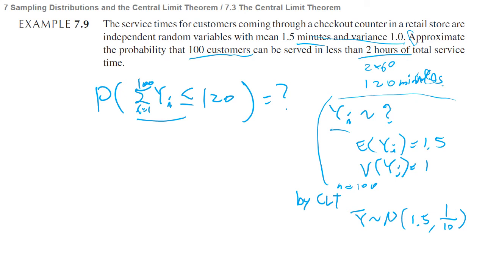And so we can convert this probability to y bar, so divide by 100. So this is now y bar, and y bar minus 1.5